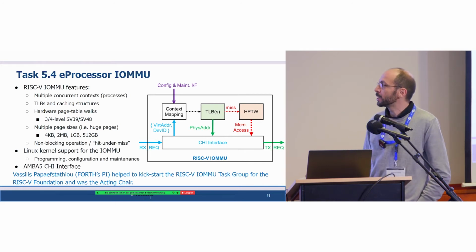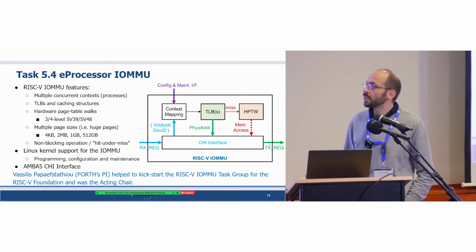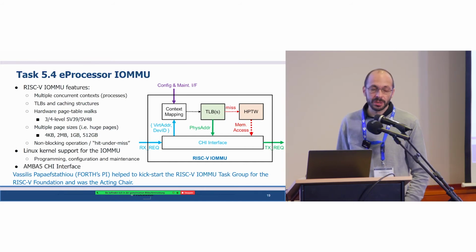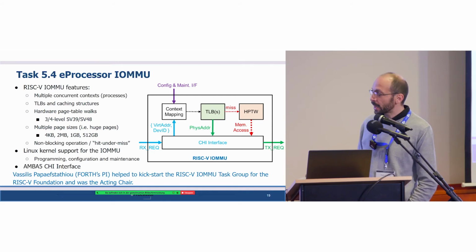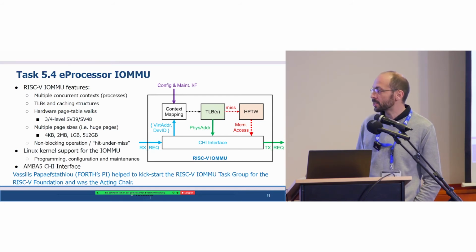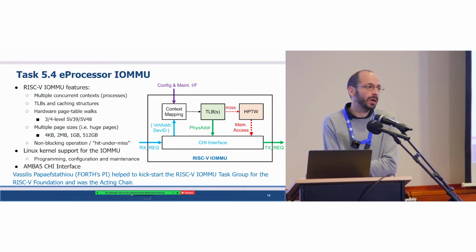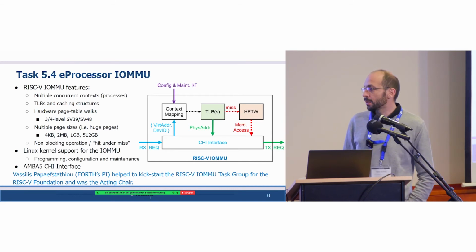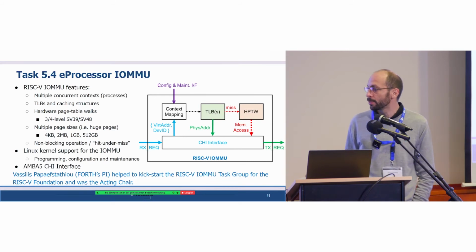I/O peripherals. It can work with multiple concurrent contexts, TLBs, and caching structures. It can do hardware page table walks like a regular TLB and a regular MMU. It can work with multiple cache sizes, such as huge pages, and it can also work in non-blocking operation and hit under miss scenarios. There's also work going on in providing Linux kernel support for the IOMMU,